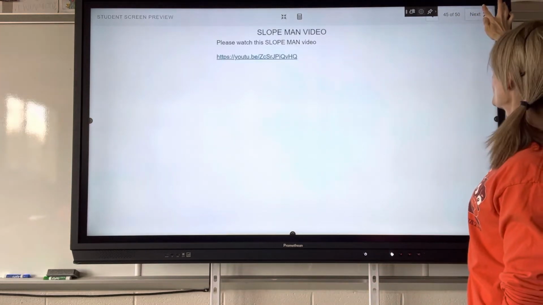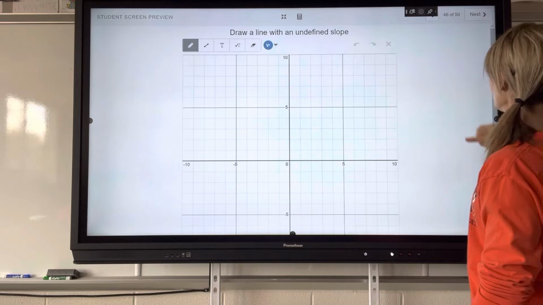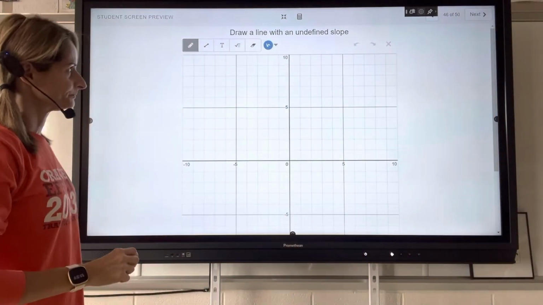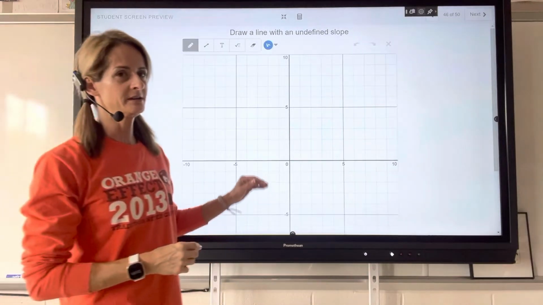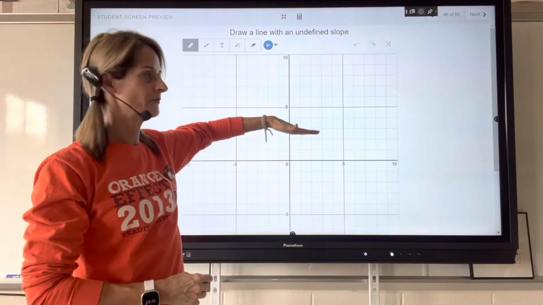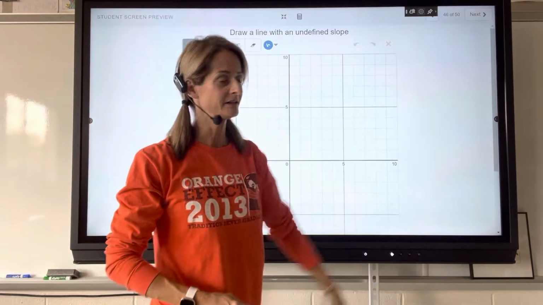I love it. All right, we already watched the slope man video, which was fire. So now we're going to draw a line with an undefined slope. Remember how the slope man, he did puff, puff, positive. Nice, negative. This is 0, fun, undefined. Okay, so,